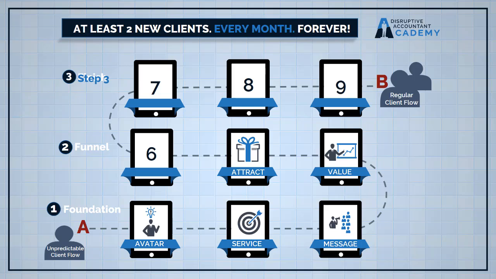Now, just by the way, I'm sure you've worked this out by now, but because you opted in for my lead magnet, which is of course the regular accounting client blueprint, that's going to get you a minimum of 2 clients per month, every month forever, you are currently watching my authority positioning video. Now, what you're going to do at the end of your authority positioning video is you're also then going to send your prospects through to that conversion event that we spoke about a little bit earlier.